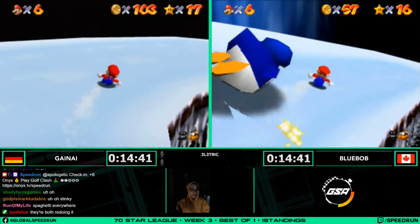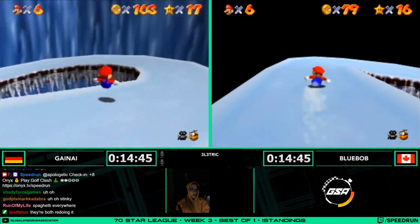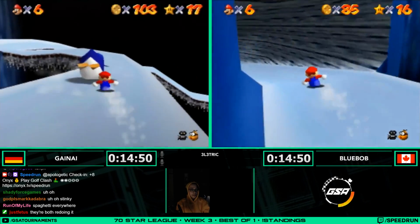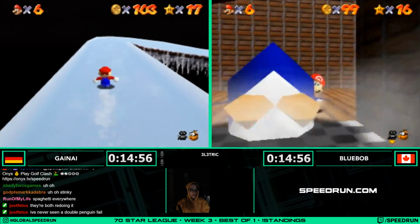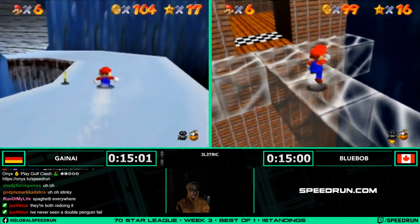The smartest decision is to do reds. Someone else has told me that. I haven't timed it personally, but I've heard through the grapevine that the smartest decision in this situation is to just do reds, grab that star with your 100 coin. But I think BlueBob is going to end up coming out ahead because of his decision to take that shortcut. Even though neither technically did the optimal routing, it's...